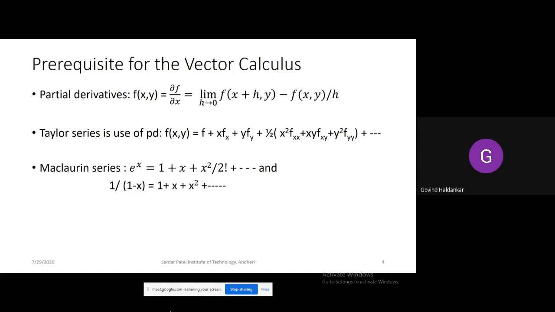In the Taylor series, even though a number of terms are there, generally we require the first 2 to 3 terms, so up to the quadratic term you may require. In the same way, in the Maclaurin series also, the initial terms you will require, not all the terms till infinity. So like that, these series are there. We may require to refer to this series in some of the chapters in electromagnetic engineering.